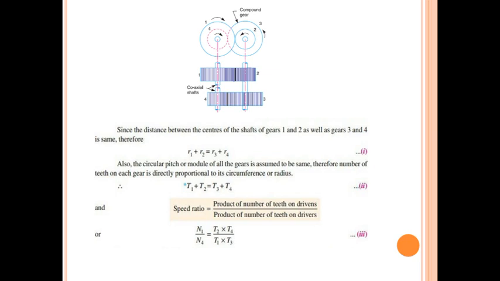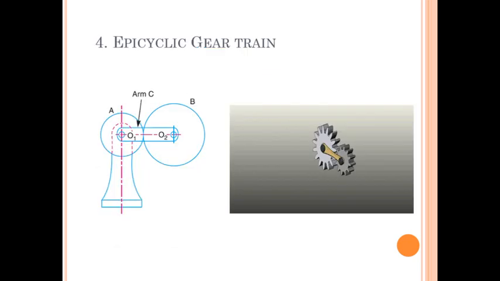Now, more applications for this reverted gear train will be the lathe back gear, industrial speed reducers, automobile transmissions, and in clocks we are using this reverted gear train. Next is the epicyclic gear train. In the epicyclic gear train,